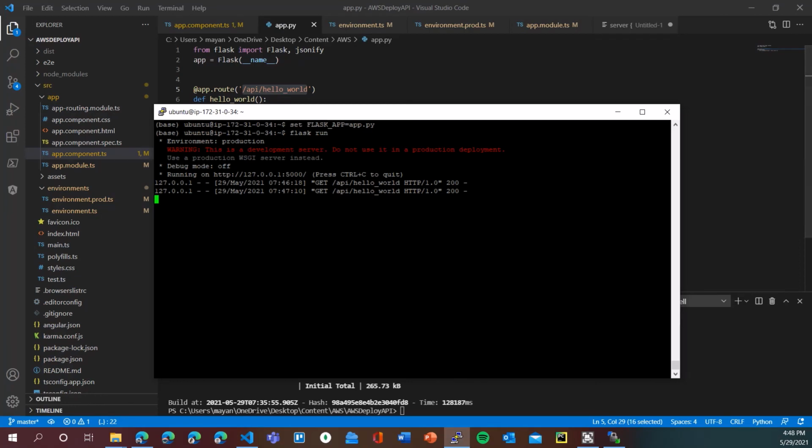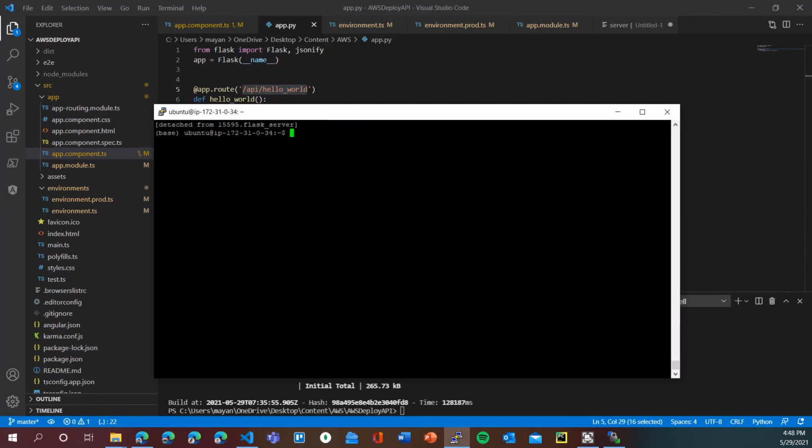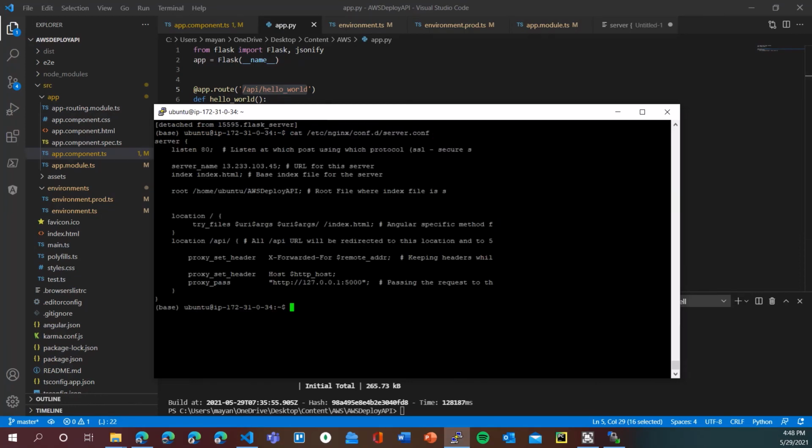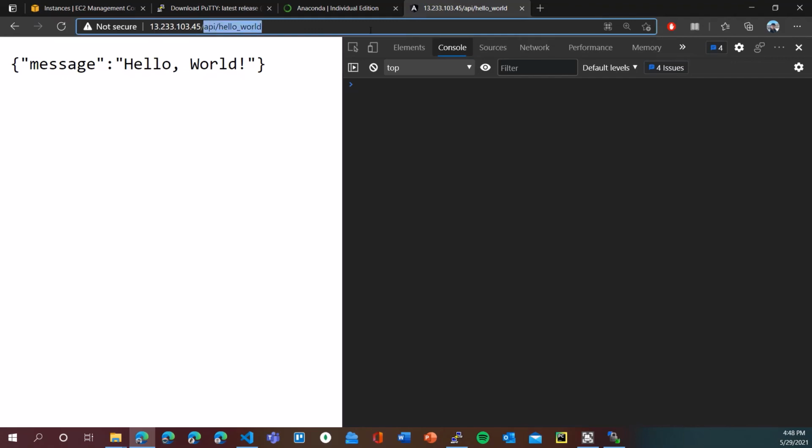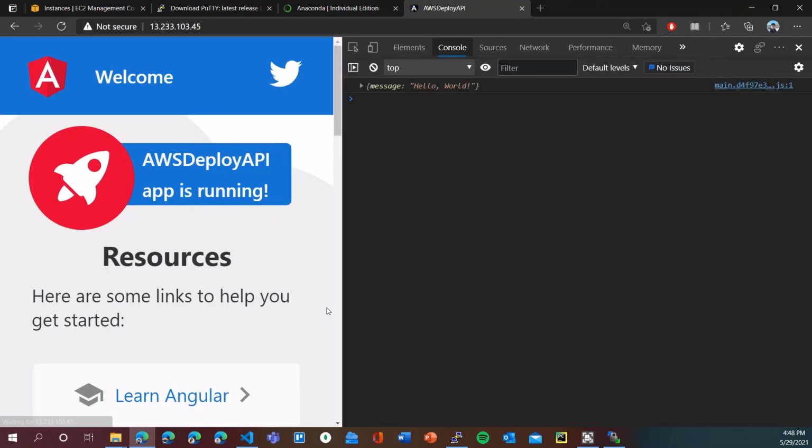It will go back to our Nginx configuration, and from this Nginx, it will return the response back to the browser, which will show the response. So this is how the entire components are connected on the web, and this is how you deploy your Angular or Ionic project on an AWS EC2 instance.